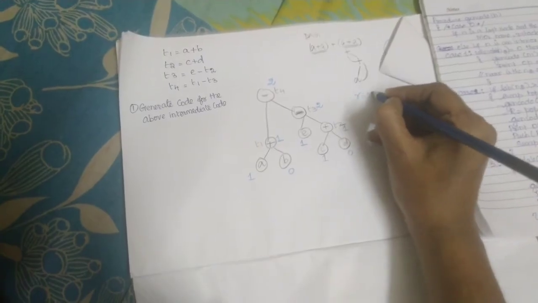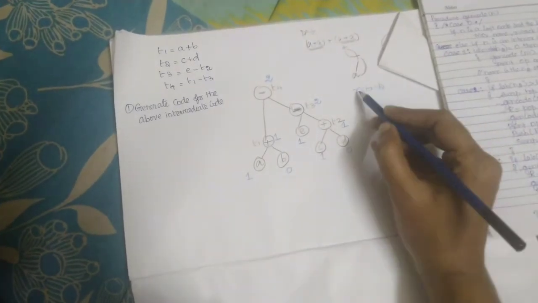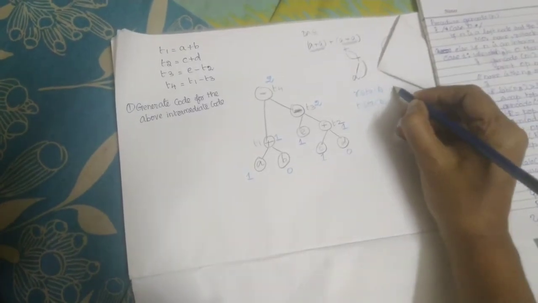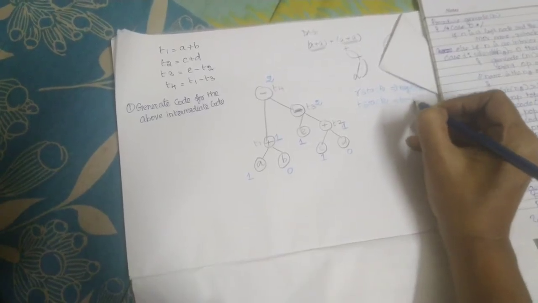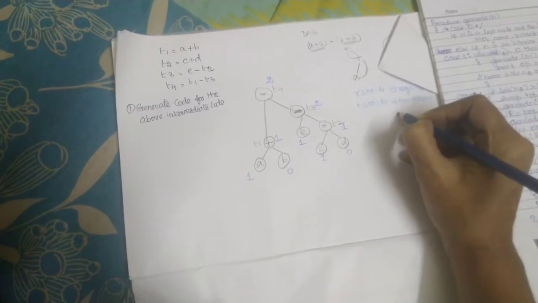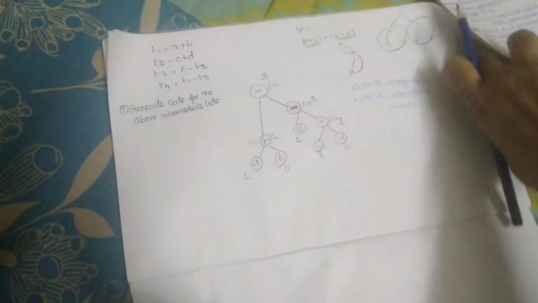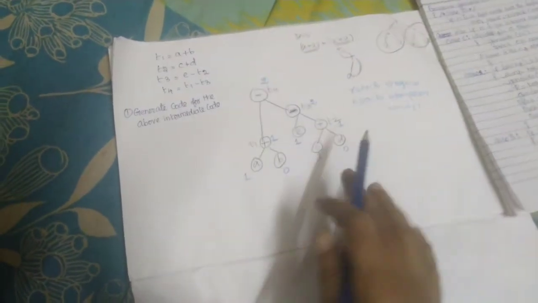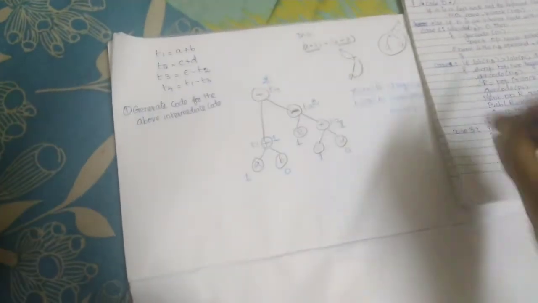You have 2 stacks. One is the R stack, another one is the T stack. The R stack is a stack holding registers, and the T stack is a stack holding temporary memory locations. These are the 2 stacks involved in generating the code. That's all about the labeling. This is the first thing that you have to do, and next let us enter into the algorithm. So what is that algorithm?